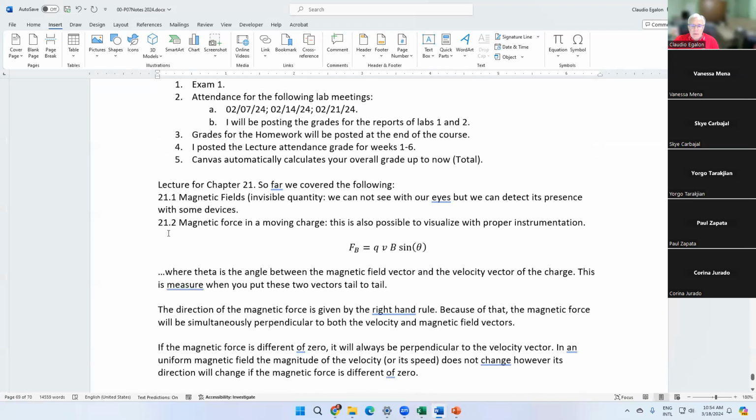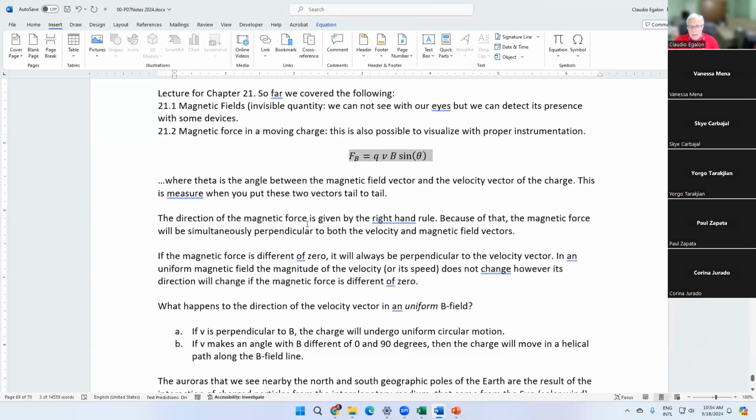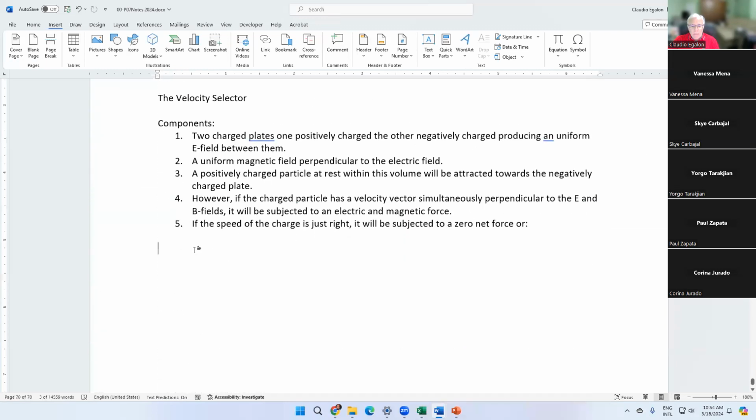Here you go. The magnetic force is going to be QVB, right? The electric force is going to be QE. If this velocity is just right, we can have a net force